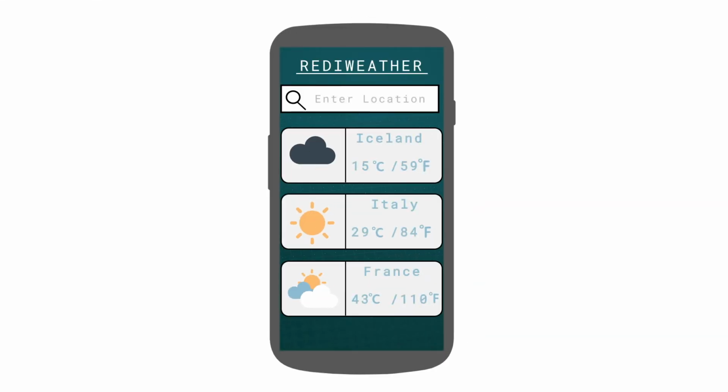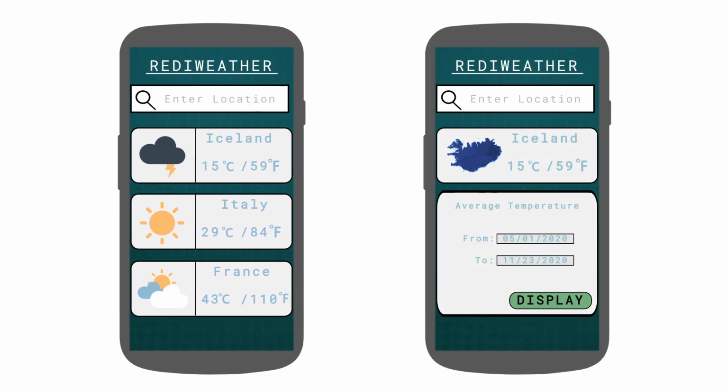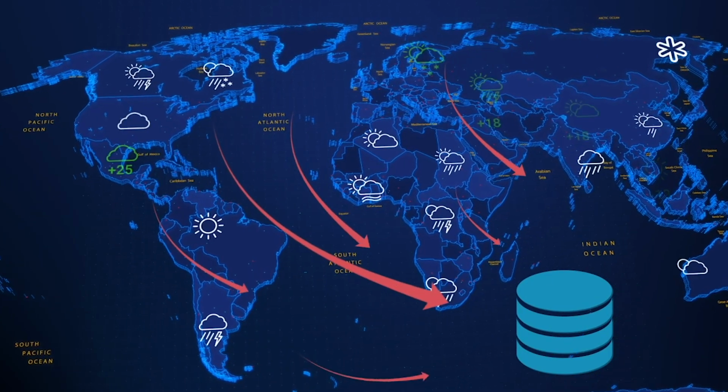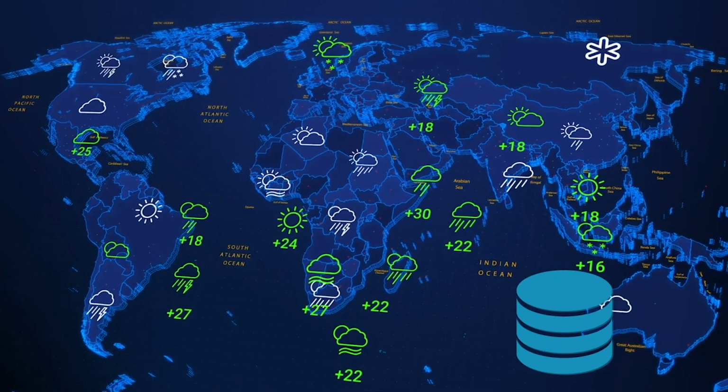Let's take a quick look at our example application to see what we can find. Our example application, called Ready Weather, gives daily weather updates based on your location. The app also provides historical weather readings dating back to 2010. The app's backend retrieves daily temperatures, wind activity, and weather conditions reported from weather stations and stores them as individual rows in a SQL database.